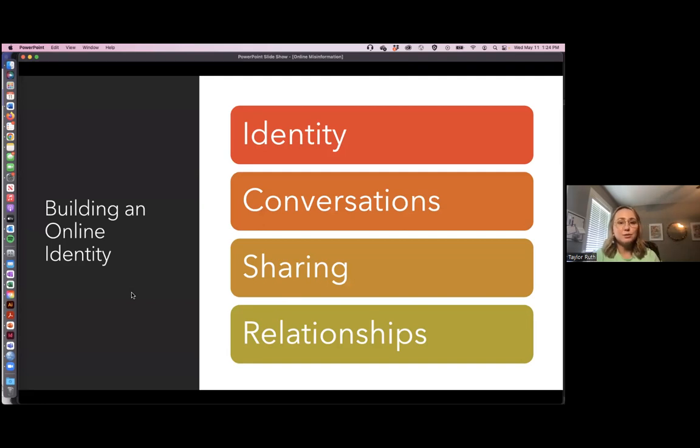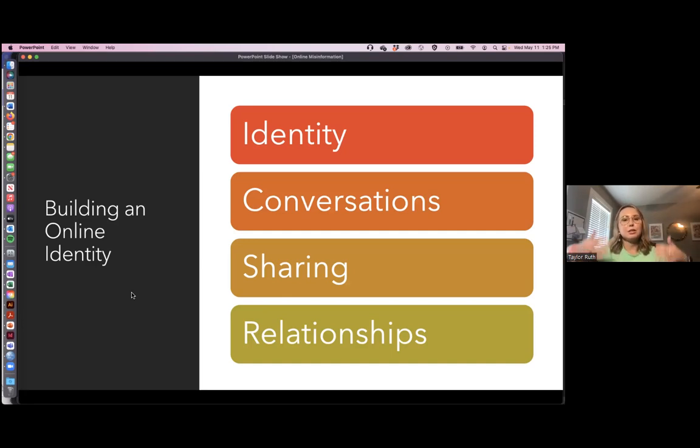You as an individual can, of course, put your affiliation within any of your social media bios, so that way people know that you are a credible source of information, but also making sure you're engaging in conversations, you're sharing information, and you're building those relationships online so people know to trust you. So when you're sharing information, they know that it's not misinformation and they can trust it. And then they can also share it with their groups of people too.